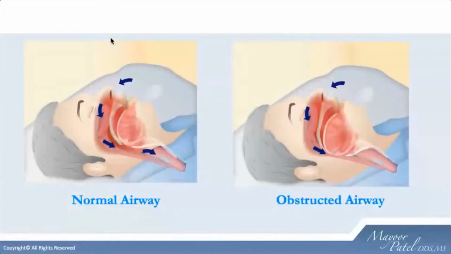To get you started, the picture on your left is a normal airway, where you have what we call patency, or an opening, in the nasopharynx right behind the uvula. When we look at the normal airway, we're looking for adequate space for the tongue to reside, so that we don't have any constrictions, whether in the oropharynx or the nasopharynx.